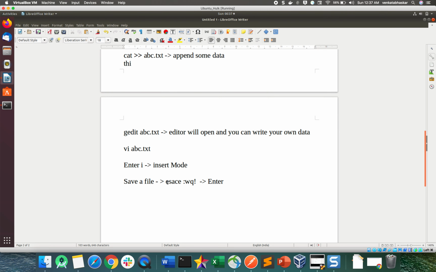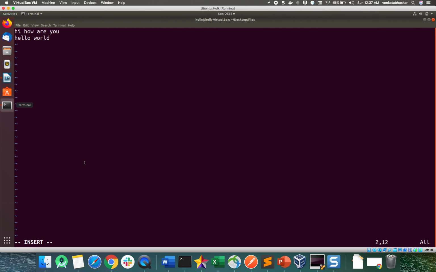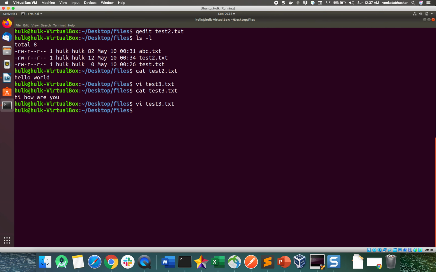To save a file: escape, colon wq exclamation mark. The exclamation mark is sometimes called a bang operator. See, enter, the file will be saved. This is one of the ways to create a file in the vi editor.